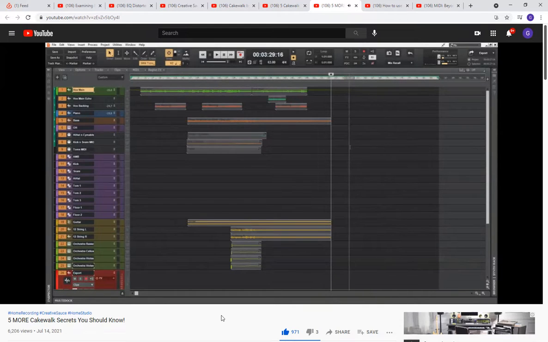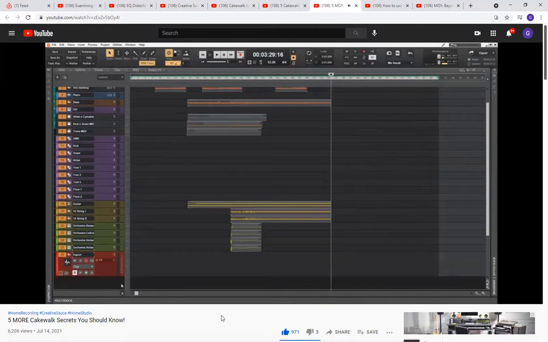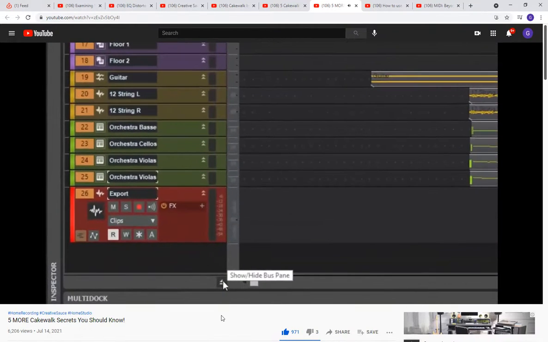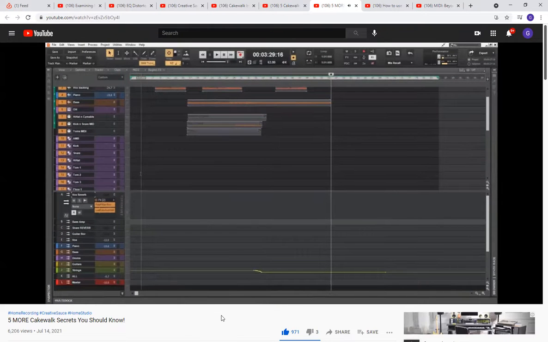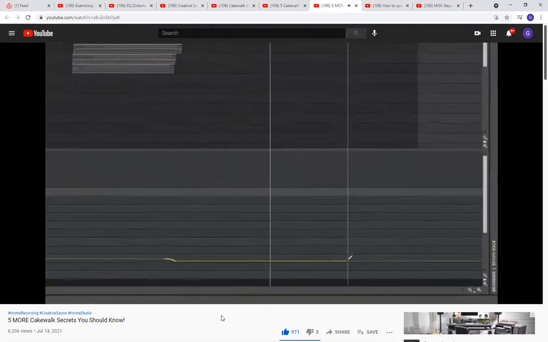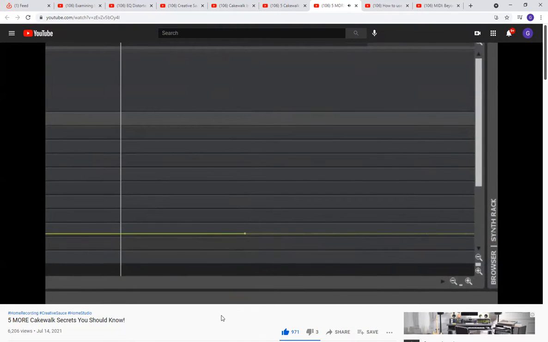Well, first of all, I would encourage you to open up your bus view. So I'm just going to click on this icon here to show the bus pane. Click on that, and yeah, you'll see the buses. Now, look at this here. Yep, I've got a little bit of automation on this strings channel here, and that automation is